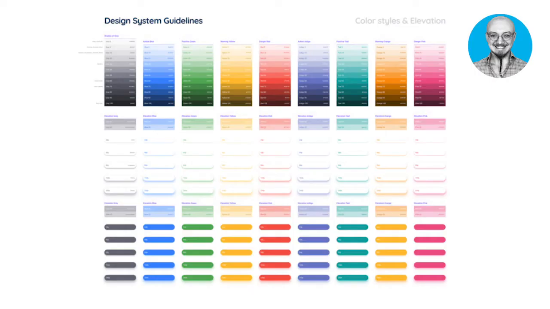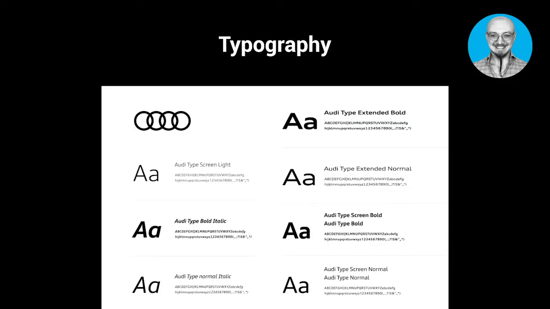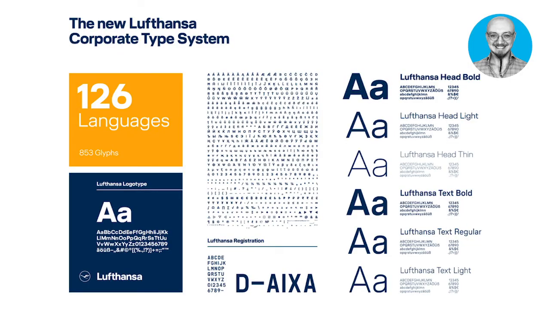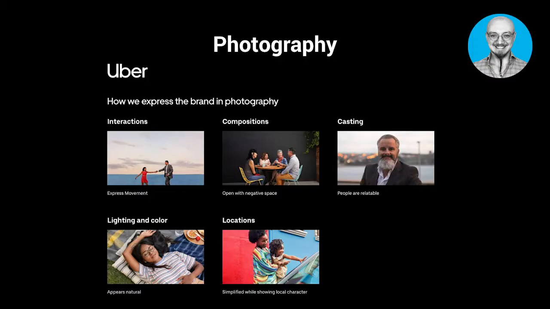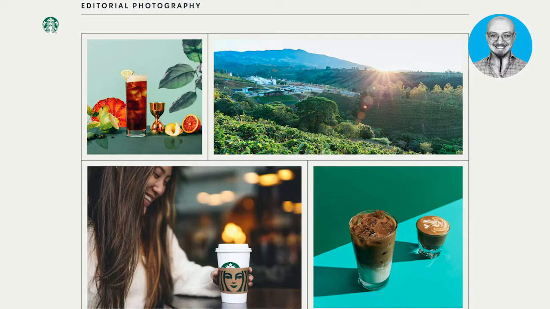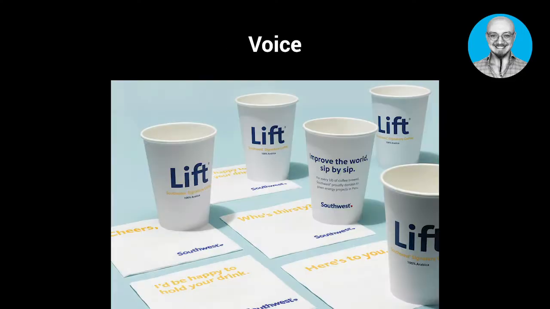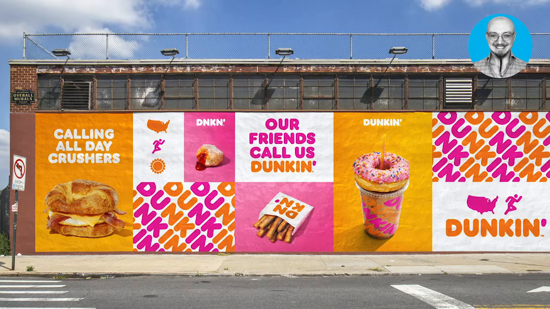Next, you want to talk about typography and how each font should be used and any pertinent info on spacing and alignment. And you will also want to include an image library to give your team an idea of how you want them to use pictures or illustrations to support your brand image. And lastly, also talk about the tone of voice and sample messages so that marketing and communication teams know exactly how you want your brand to sound to your target audience.